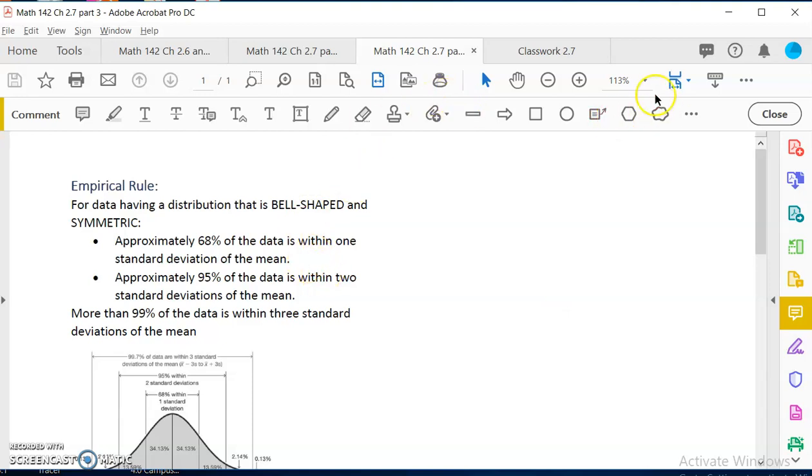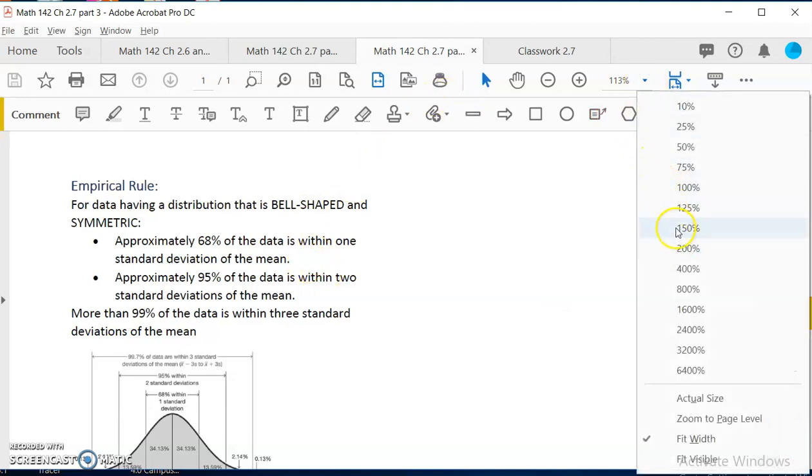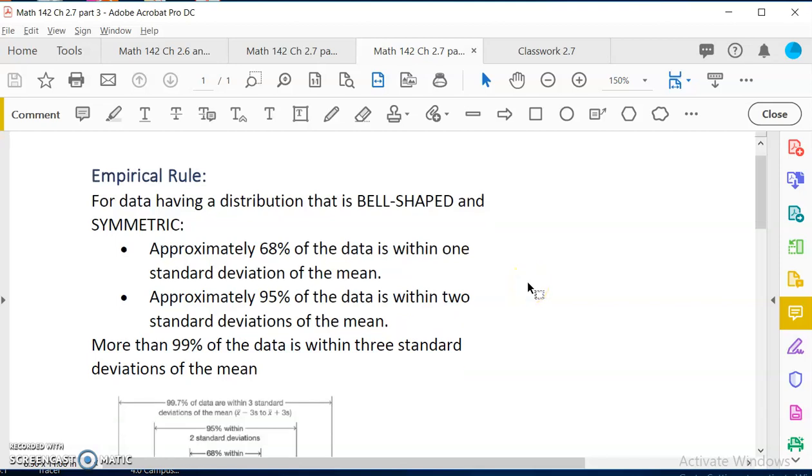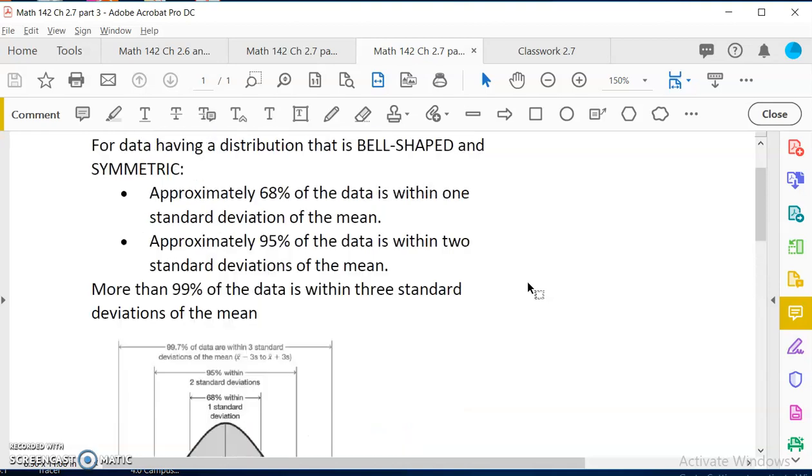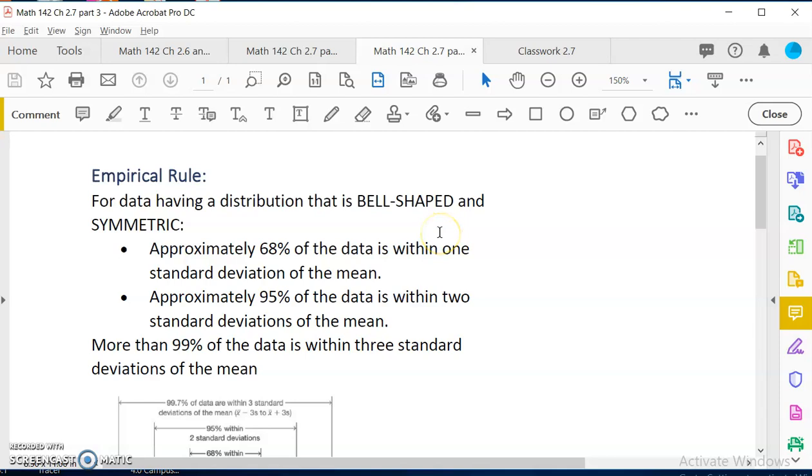The empirical rule is a way to understand how you can use standard deviation to describe the percentage of data within 1, 2, 3 standard deviations from the mean if the data is bell-shaped. This is on the assumption that your data is bell-shaped and symmetrical. We call it a normal distribution, bell-shaped and symmetrical. Normal distribution. And then what we say is, if we draw the data like that, mark the